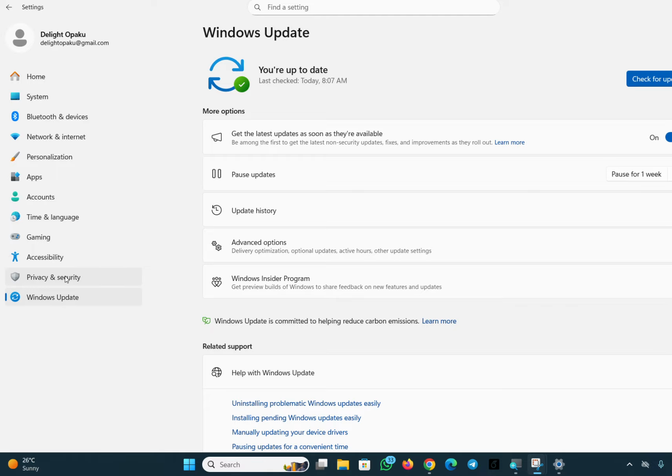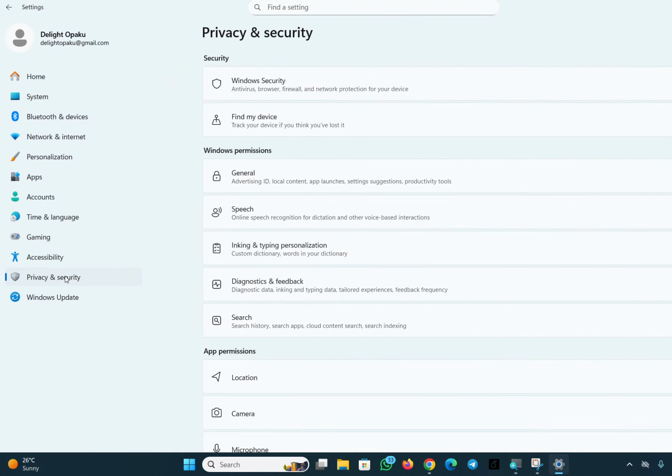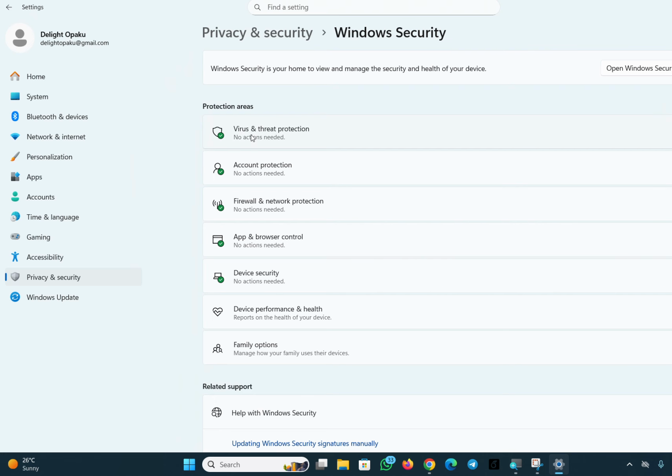And let's go to privacy and security. Right now your computer could be under attack and you might not even know. That is the reason why we are doing all this. Now click on Windows security. As you can see,